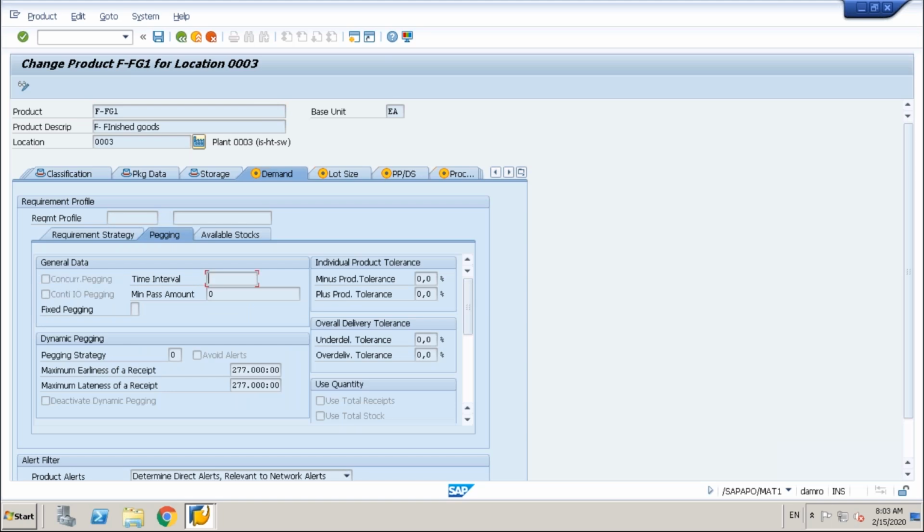Only for the next 3 days the concurrent should work. I told you about continuous input, minimum pass amount. I told you there should be at least 30 cases which should come out, only then the continuous should work. And I also spoke about pegging, fixed pegging or dynamic pegging. Here,